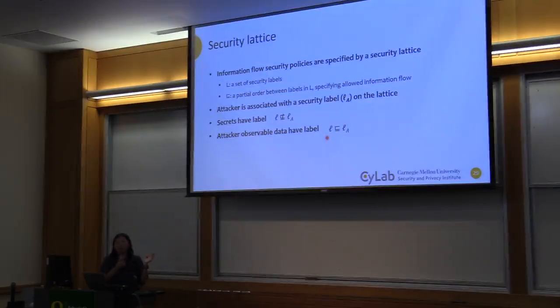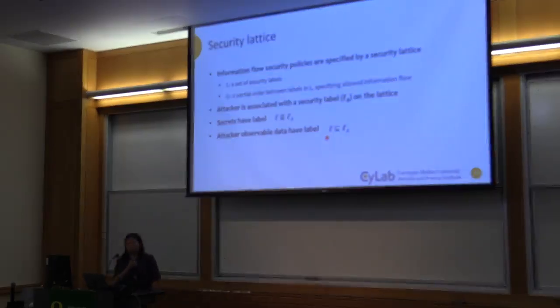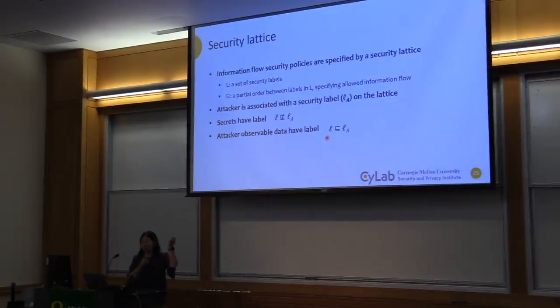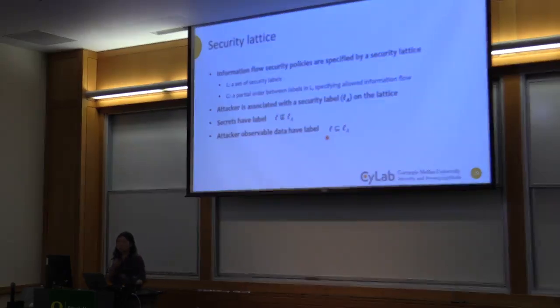Okay, this is not too far away from the Denning model, right? We just get rid of the object and subject. We're not in this access control world anymore. We want to be more generic, and we want to specifically say what an attacker is. So here is our definition of attacker. We also clearly define what data we want to protect. All right, any question about this?